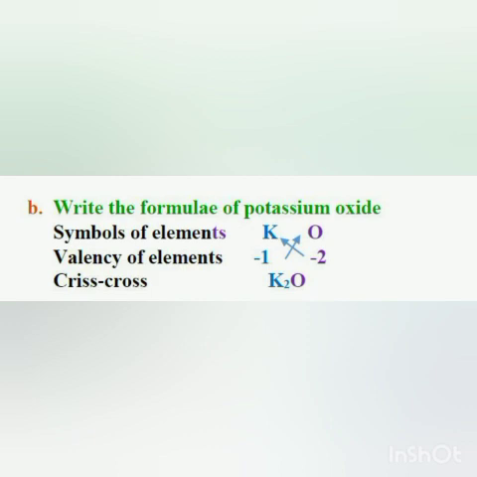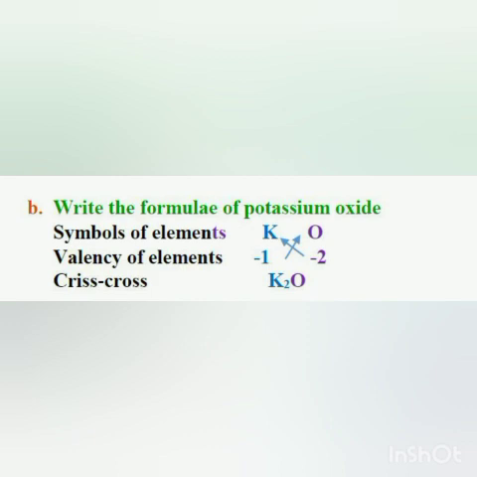Now how have I written 1 here below potassium? I have written the valency of potassium as 1 because you see here in the question it is written K plus. Plus is written on top, but no number is given. So it means the valency of potassium is 1. And for oxygen I have written minus 2. Why? Because in the question, on top of oxygen minus 2 is written. So the valency of oxygen is minus 2. When these two elements combine, you get the formula of potassium oxide. I hope it is clear to everyone.